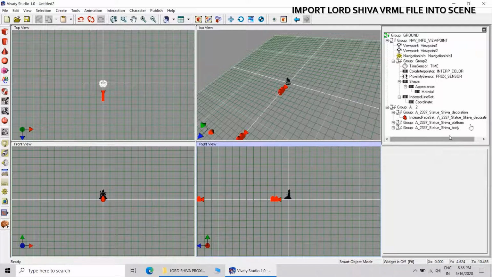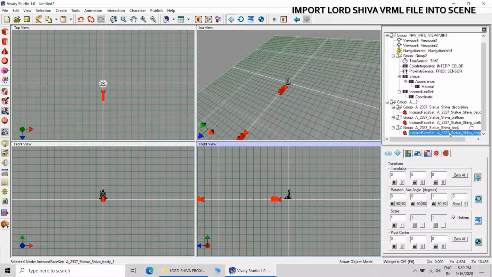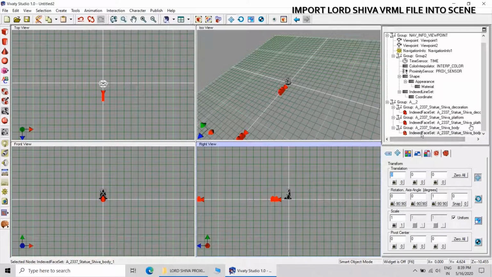Now here there will be the platform on which Lord Shiva is sitting. Then there will be one layer which is for decorative purpose, means Lord Shiva is holding a lot of objects. All those objects are placed on that particular layer, and there is one layer which is holding the body of Lord Shiva.